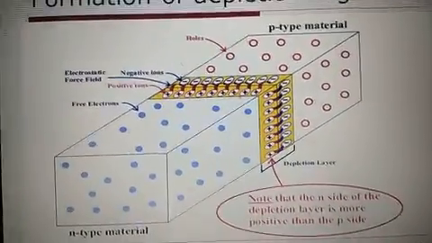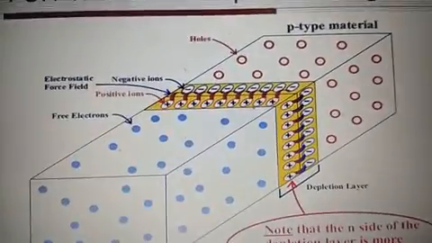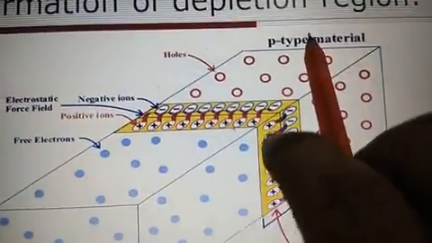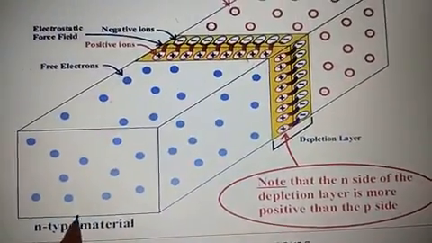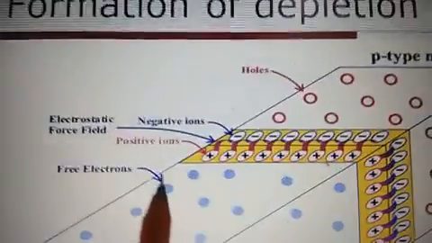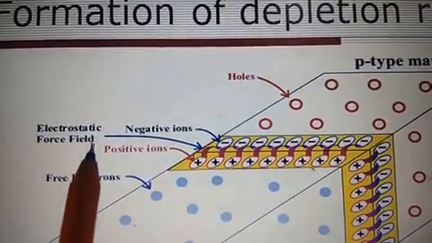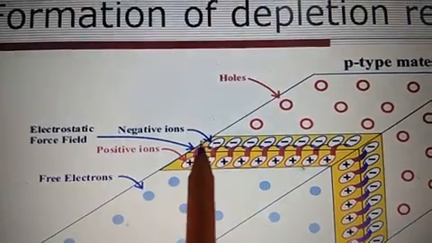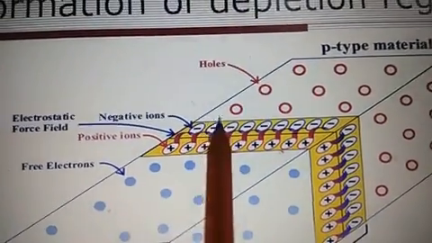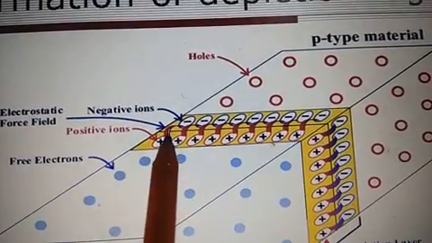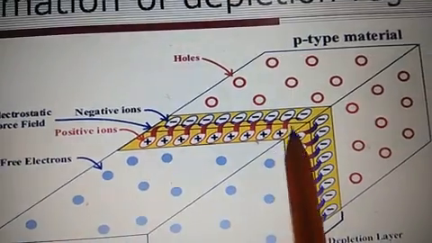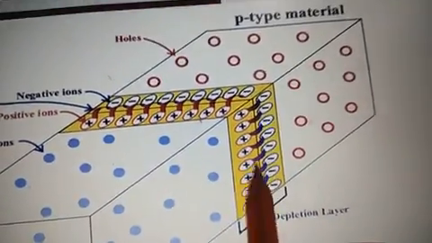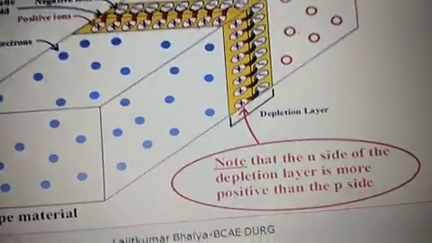And in a virtual look, you can see this p-type material and here this is n-type material. And virtually we can see an electric force field available here due to these charges. This is negative ions, this is positive ions, and this electric force will be available at this junction. This is the electric force in the depletion layer.